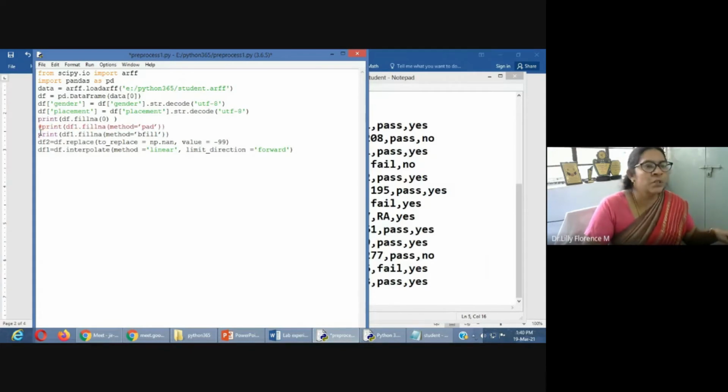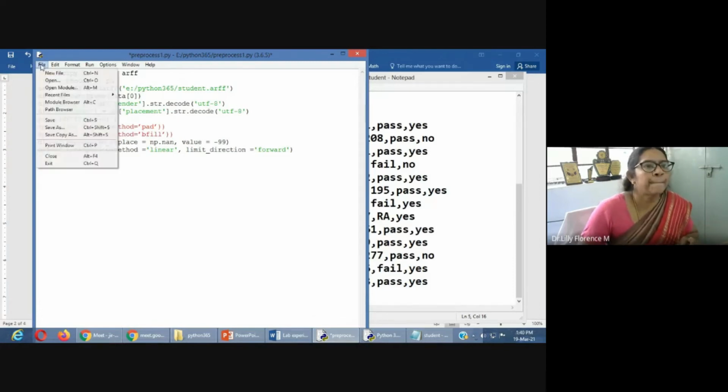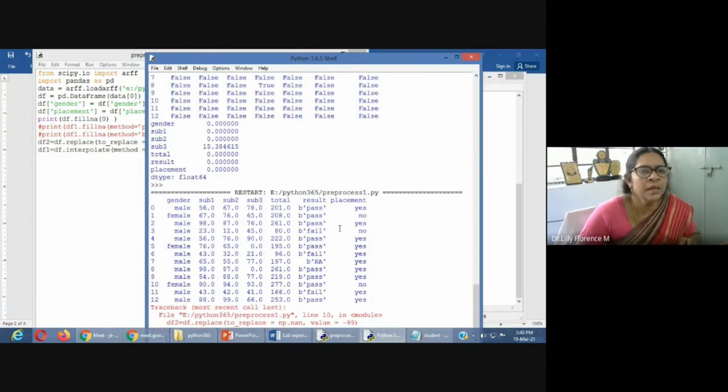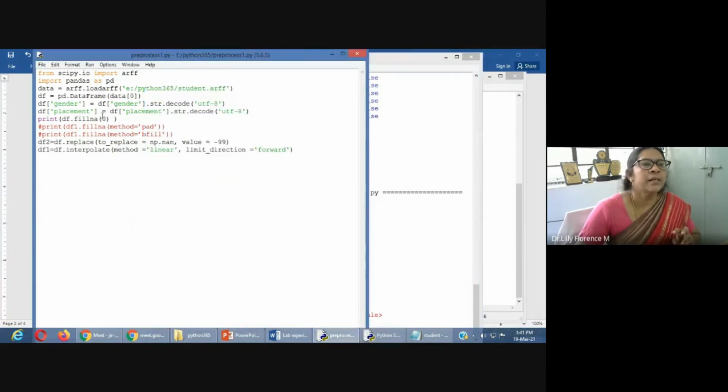So I will show you the result. See here, there is no NaN. Instead of NaN, 0 has been replaced. So this is one method for handling the missing data. Or instead of 0, whatever value you give, it will fill.